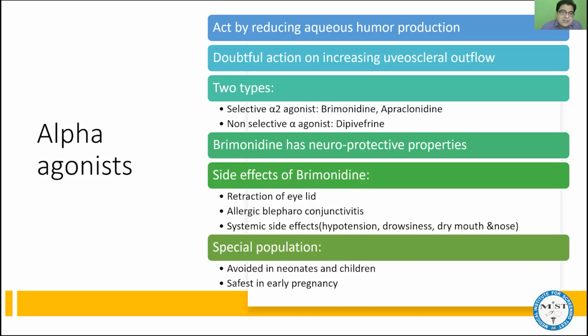So in the first and second trimester of pregnancy, alpha 2A agonist medicines like brimonidine are considered the best anti-glaucoma medicine. But these medicines have systemic side effects like drowsiness. And if given to a child or a neonate, where the blood-brain barrier is weak, there is a high tendency that the medicines will cause severe drowsiness as well as respiratory suppression. So in neonates and children, these medicines are avoided. But in pregnant females, these are the anti-glaucoma drugs of choice in the first and second trimester of pregnancy.